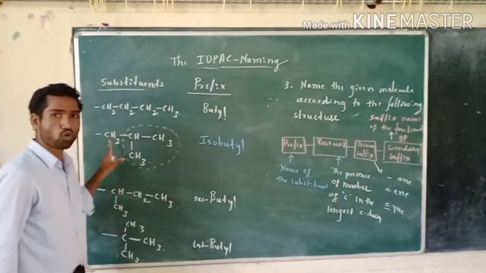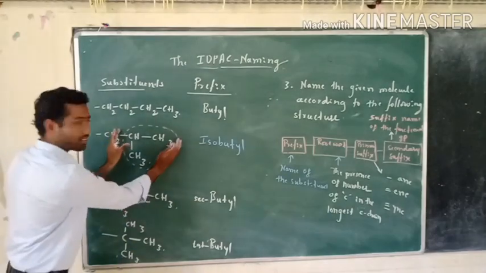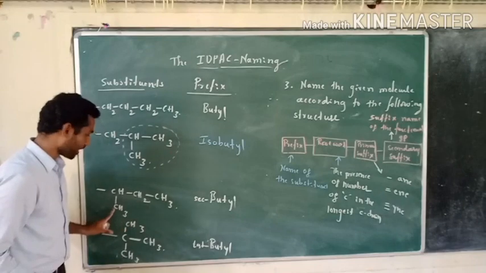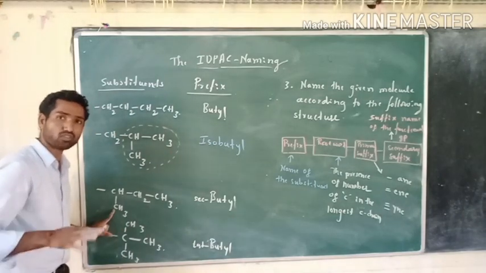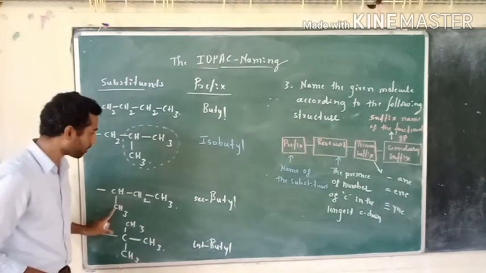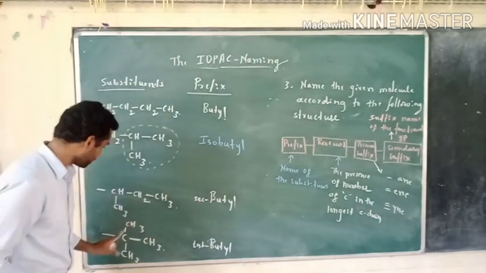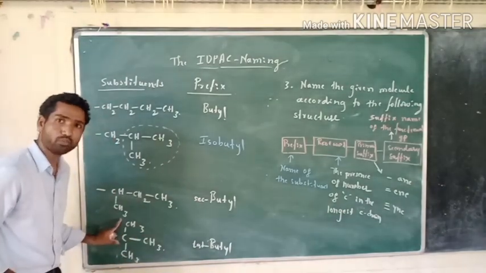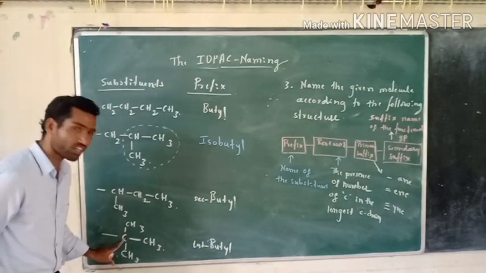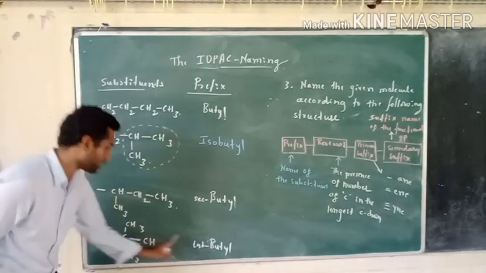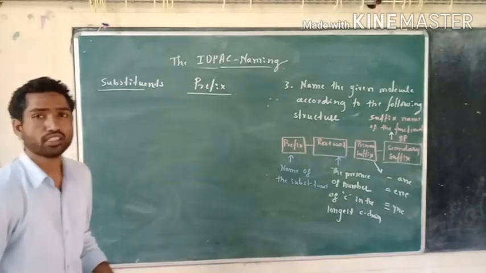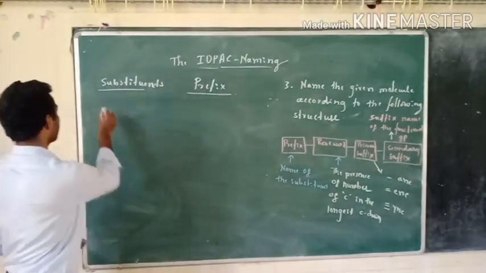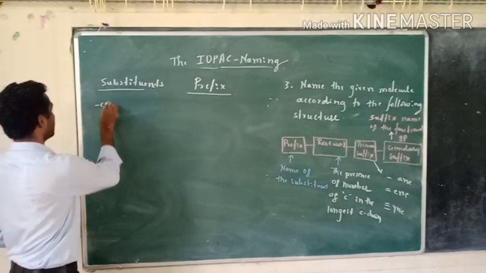This one is isobutyl because iso group is there. This group is known as iso group. So methyl, secondary carbon is there, but there are 4 carbons in this substituent. Therefore secondary butyl. This one has 4 carbons in the substituent, butyl group, but tertiary carbon is there. Therefore tertiary butyl. Now let us consider 5 carbon containing substituents: CH2,